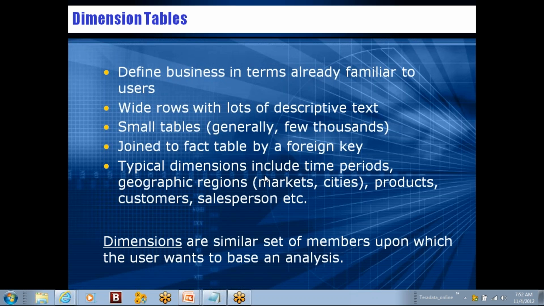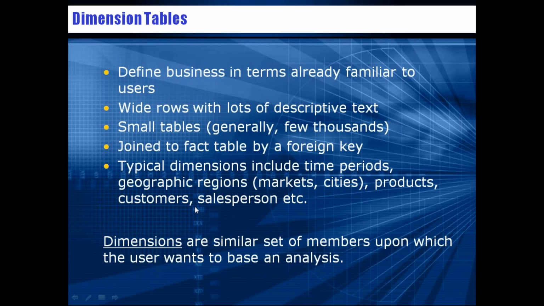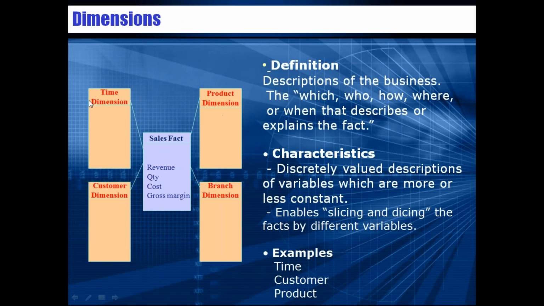Or maybe if you consider product, which product gets me more revenue? The discount on which product makes more profits for the last quarter? Like this, we can base an analysis on these dimension entities. And one more short way to understand dimension is that all these dimensions are answers for all the WH questions of business. Which product, or which customer, who is the vendor, who is the customer, who is the employee,